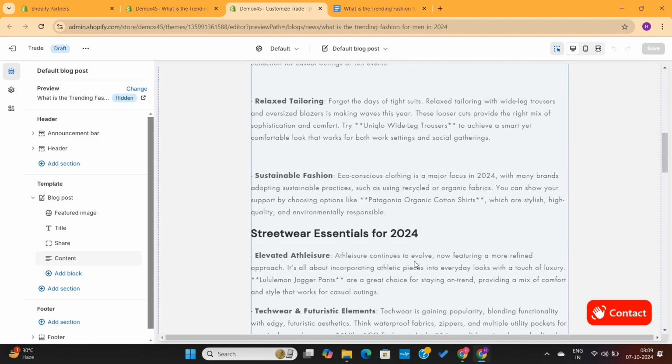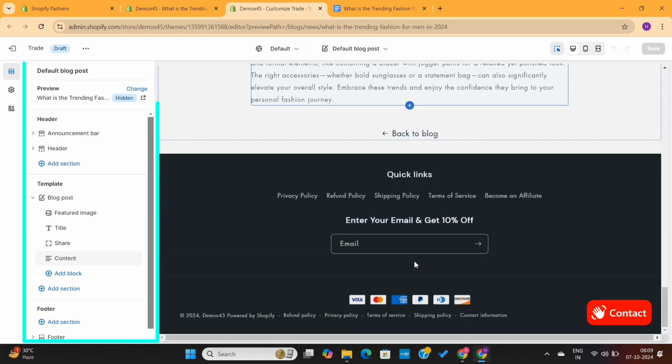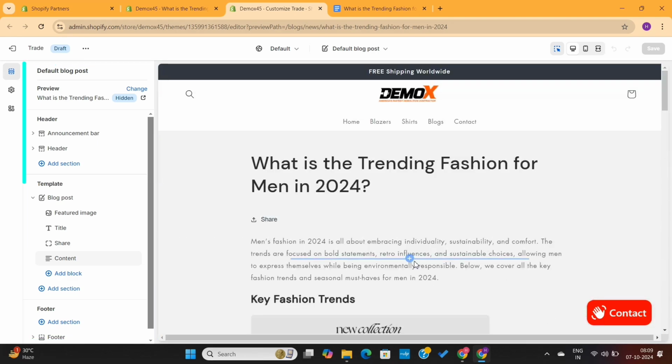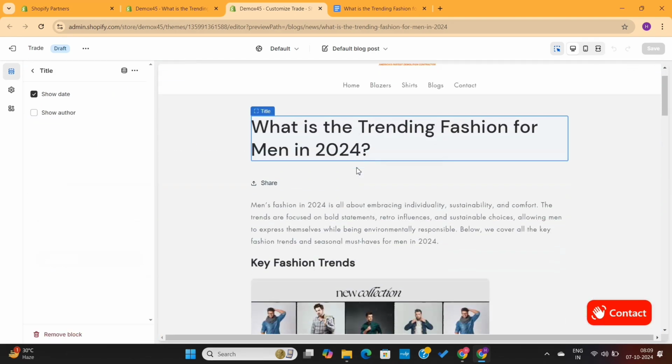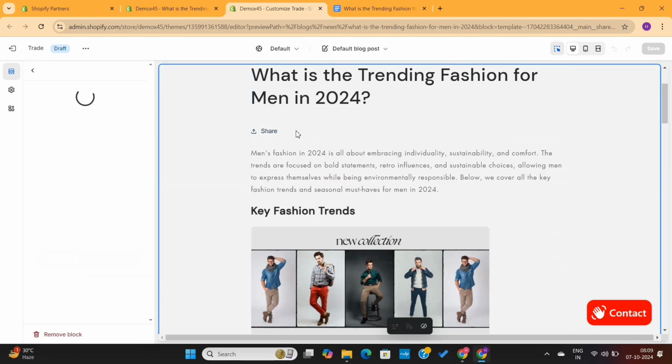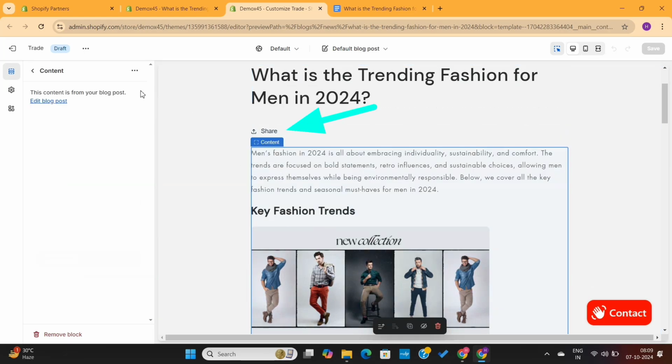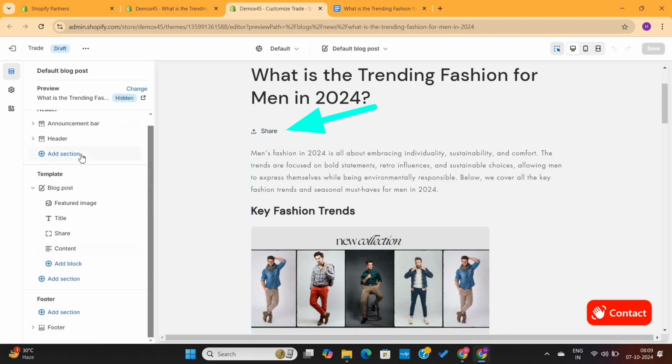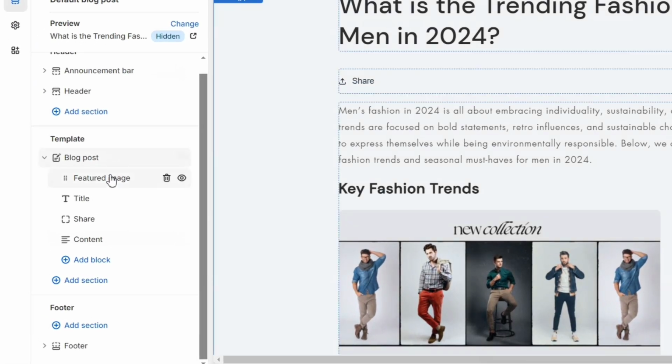Here you can see the blog we recently created, and on the left-hand side you'll see some options. This is basically the structure of the page. You can click on any element of this page and then customize it from the left settings. Let's say that I want to remove this share button. So, I will simply select this share option on the left and then click on this trash icon, and the